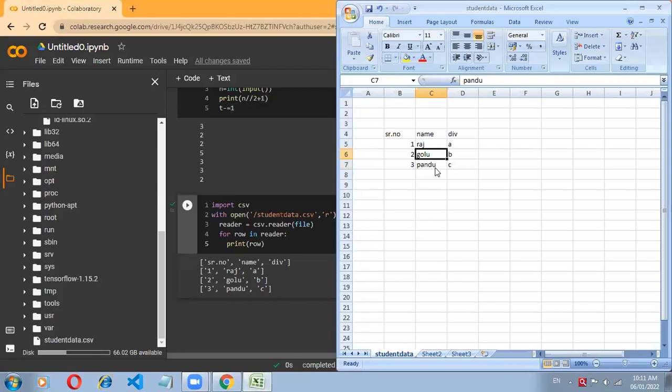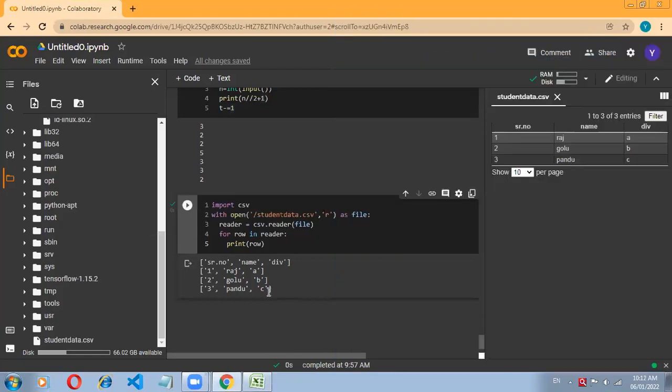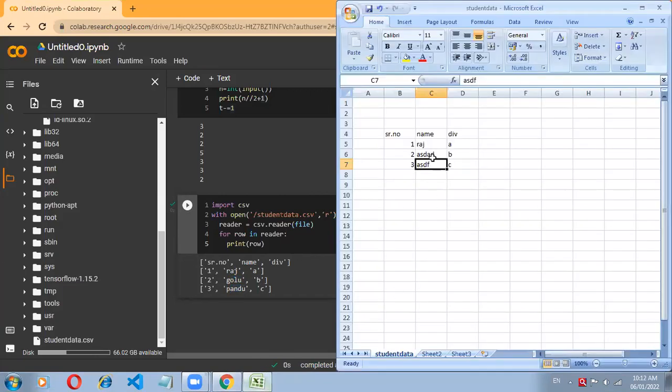Suppose I change a name here and another one here, and then save it. Then, ma'am, in Google Colab, will it update? It is not updating, ma'am. In Google Colab, because I have made changes in the Excel file and saved it also.